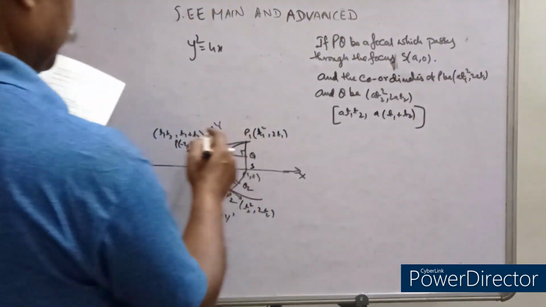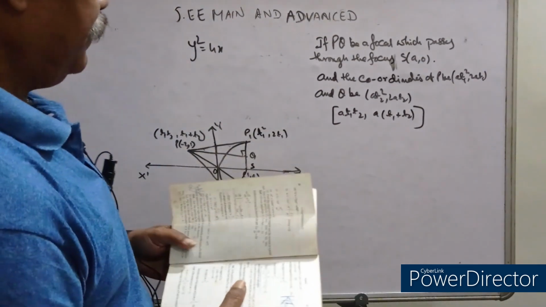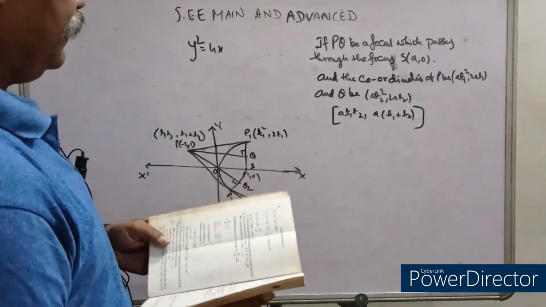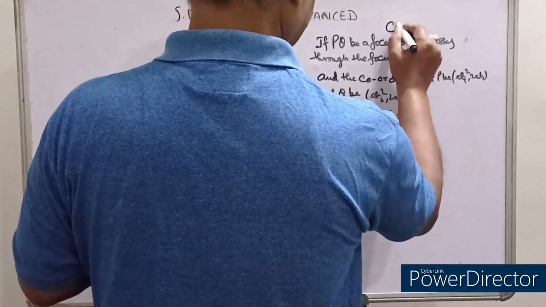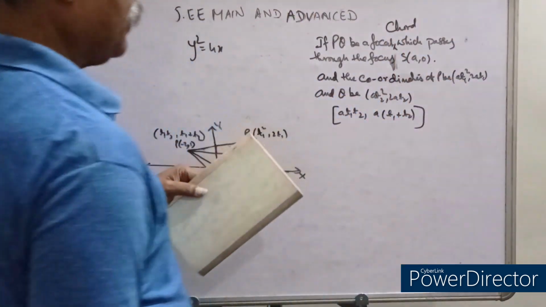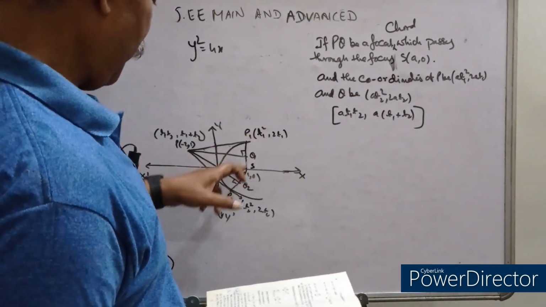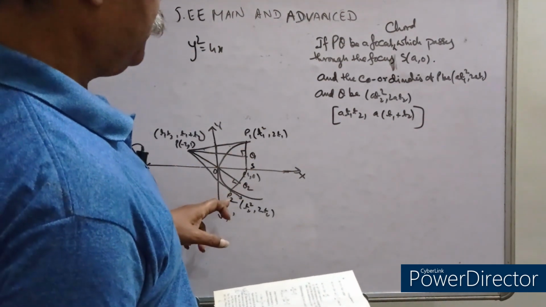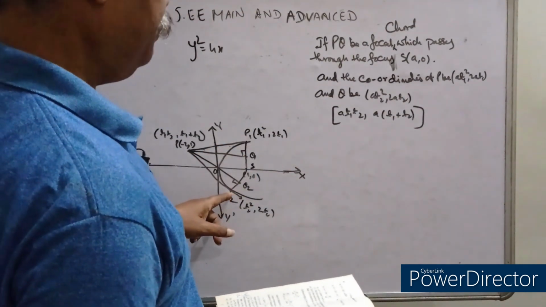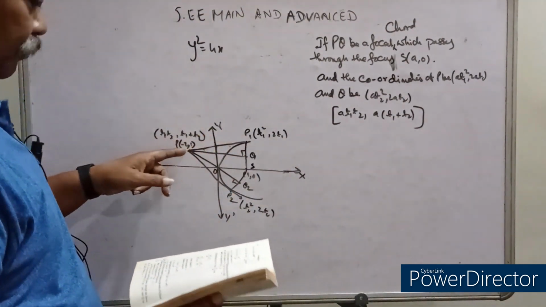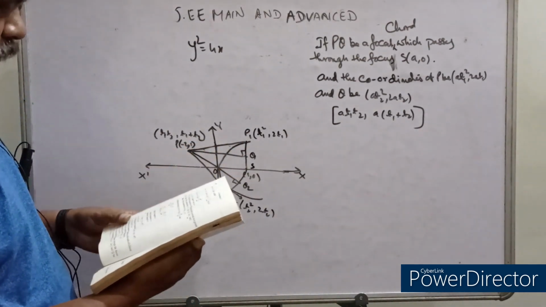The coordinate of this point of intersection is at1t2, and let PQ be a focal chord which passes through the focus (a, 0). Here, this focal chord passes through (a, 0), and these are the coordinates of P and Q. So the coordinate of this point of intersection will be